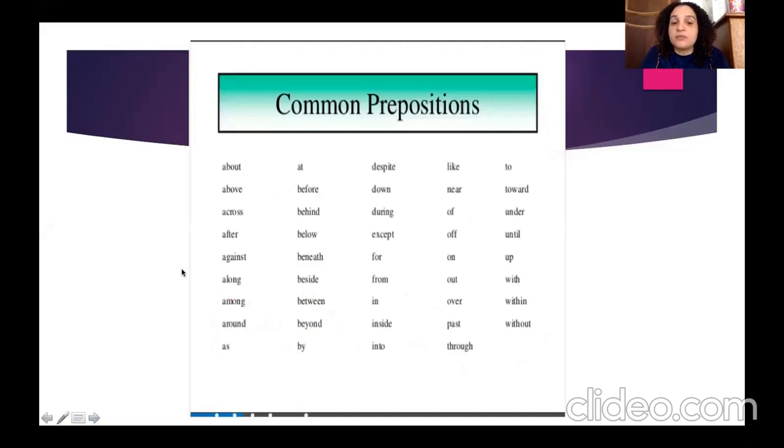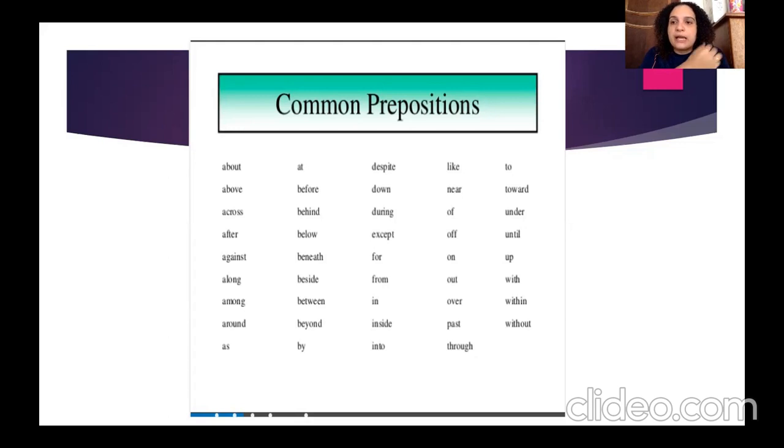Here is a list of the most common prepositions you will find. To me, don't memorize this list, but understand this list, and learn to recognize these words as prepositions, because that's what I want you to do right now. So we have about, above, across, after, against, along, among, around, as, at, before, behind, below. They are in alphabetical order. Beneath, beside, between, beyond, by. Despite, down, during, except, for, from, inside, into, like, not the verb like